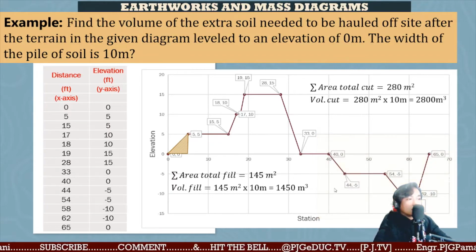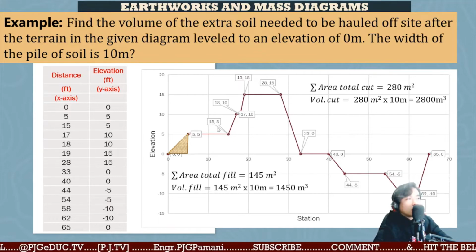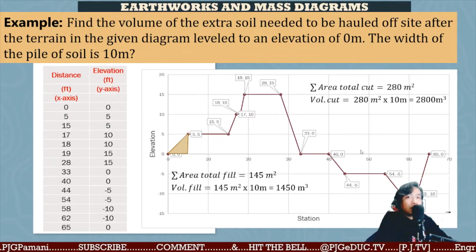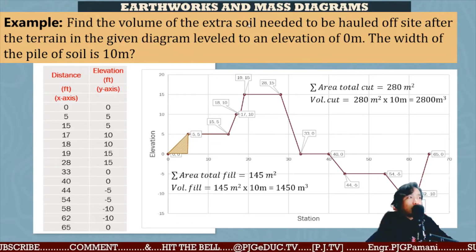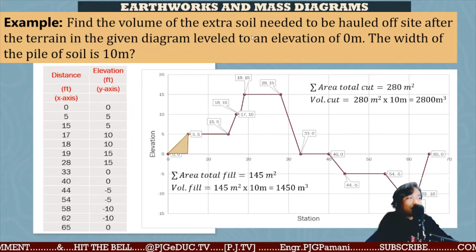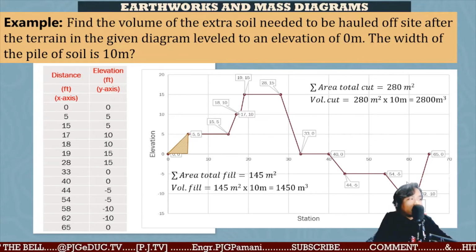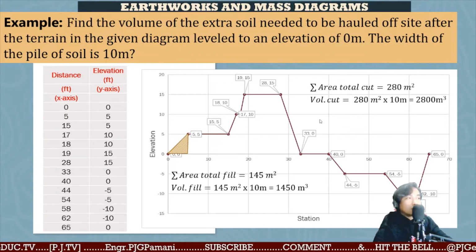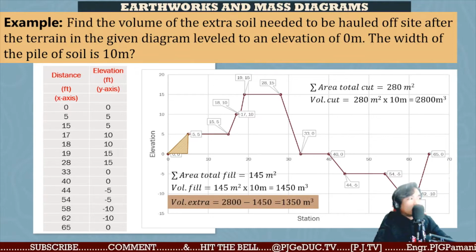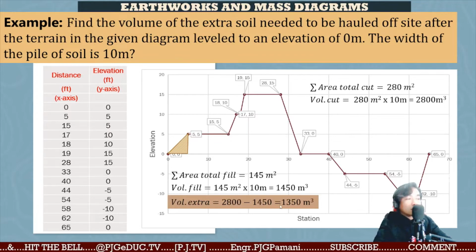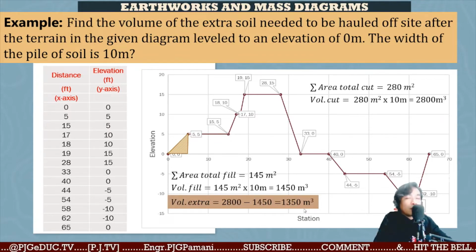Okay? Then for us to compute now the extra soil, kailangan na daw nating ihaul yung soil sa cut doon sa ating fill. Ano ngayon yung susobra? Without considering the compaction parameters, hindi naman niya sinabi na kailangang i-compact at a certain percentage. So, kung ano lang yung nagkasya dito, yun lang yung kukunin natin at yung susobra yung ating i-haul off. Basically, subtract natin yung cut with the requirement for the fill. That is 2,800 minus 1,450. So, meron tayong sobrang 1,350